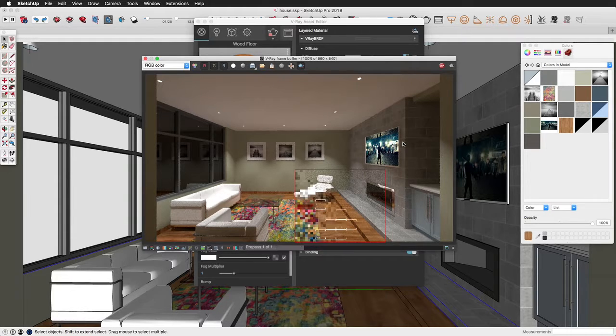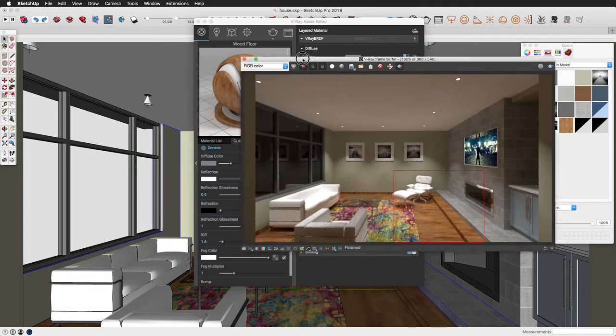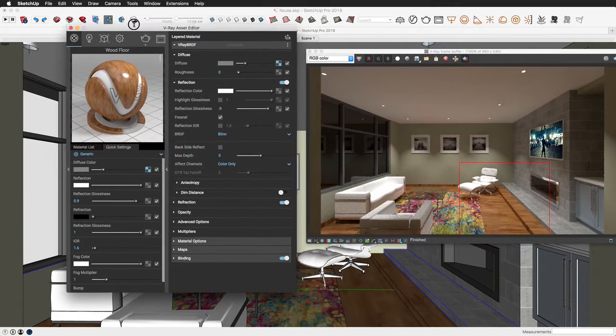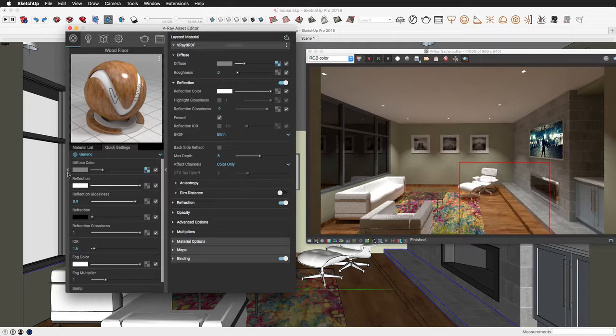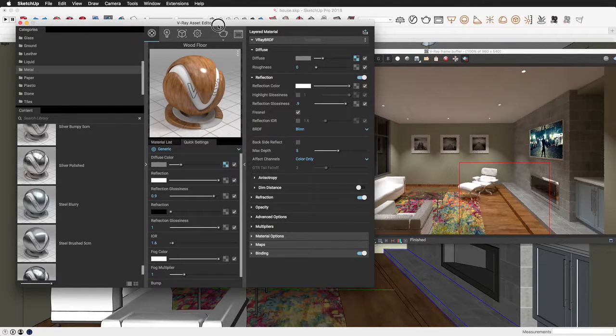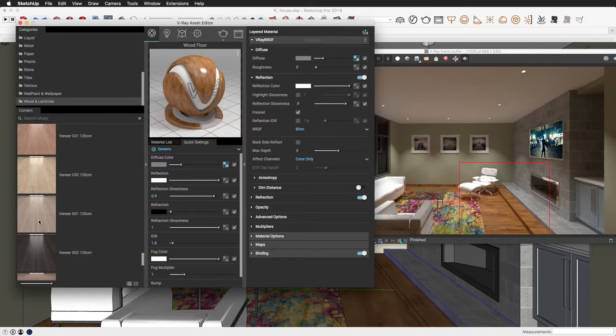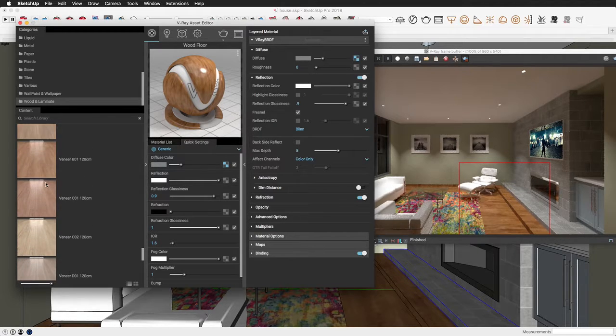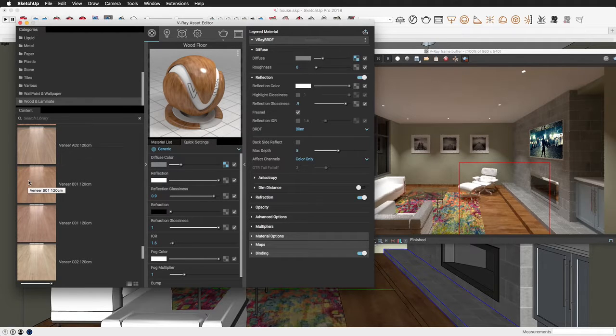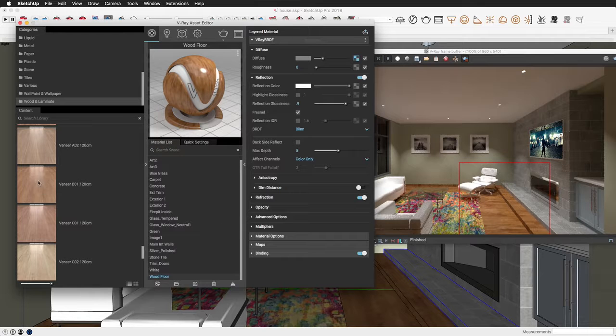Another way to adjust these materials to be more like V-Ray materials would be to look at the parameters of a material. So let's say we were to choose a V-Ray wood material, and if I look through the pictures and choose a reflective quality that I like, maybe I like this one because it's similar to what I already have. If I were to drag it into my scene,